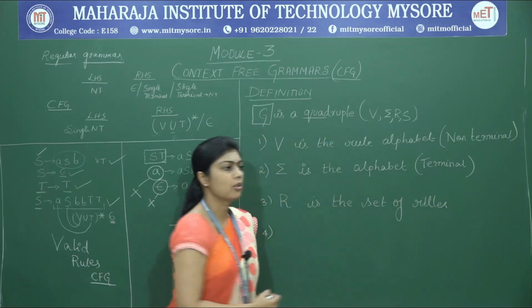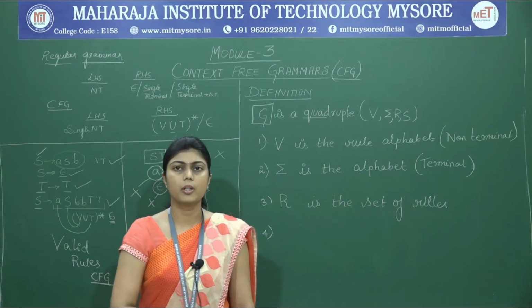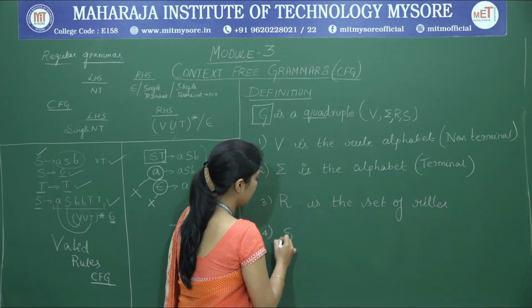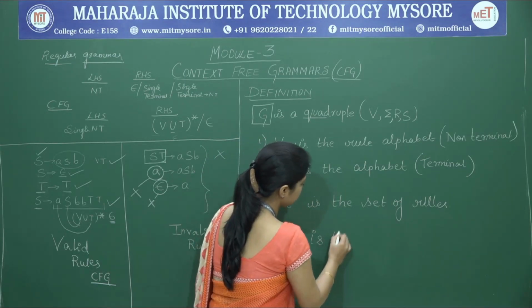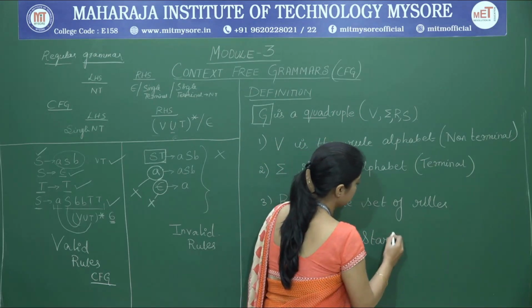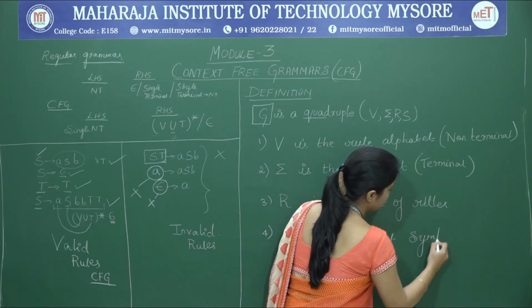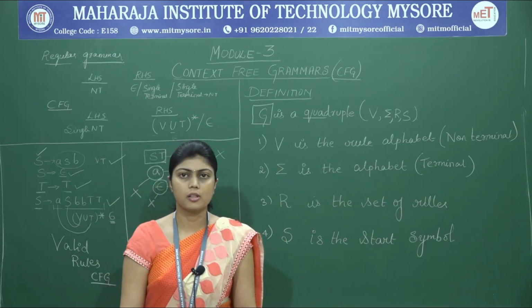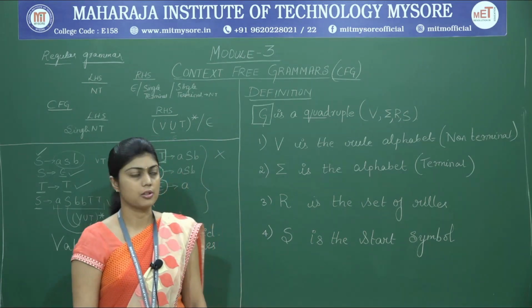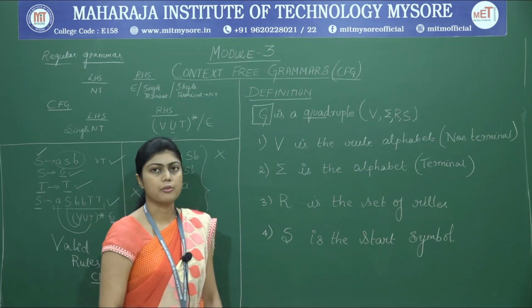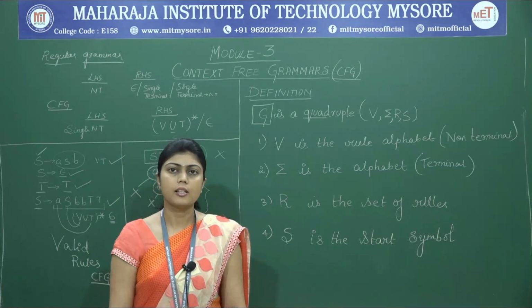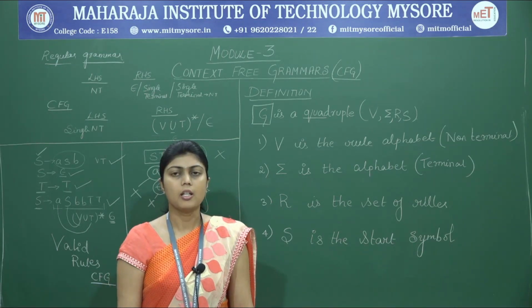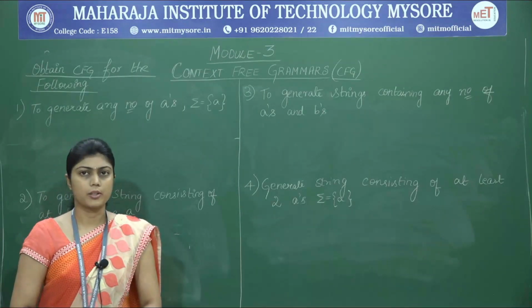So when we say it is a set of rules, it is the set of the production rules that we are going to apply recursively to derive a string. And the last one is S. So S is the start symbol. S denotes the start symbol. So that is nothing but the very first symbol that we are going to use in the steps of the derivation. So this is the formal definition of a context free grammar. Next we are going to learn how to develop the production rules of the context free grammars given a problem statement. Now we will look at a few problems.